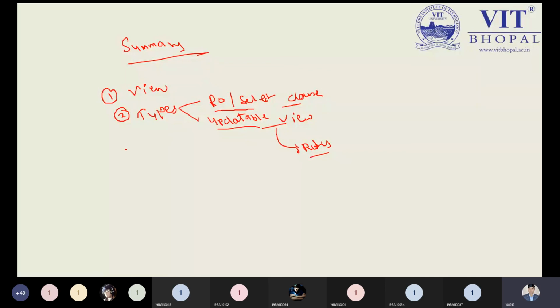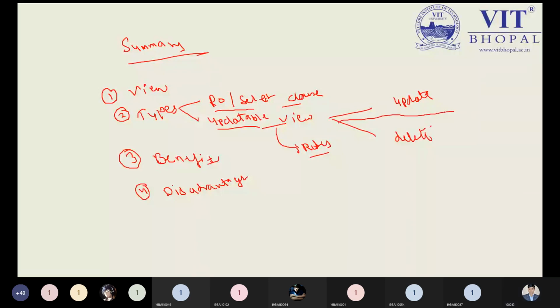Third point, we have seen some benefits, or advantages. And fourth point, we also discussed the disadvantages. From the updatable view, we have also seen update and delete.